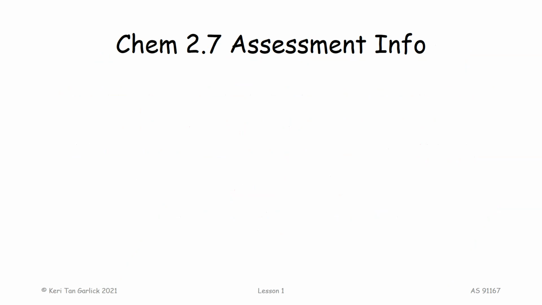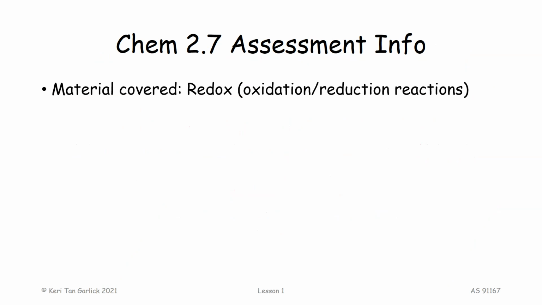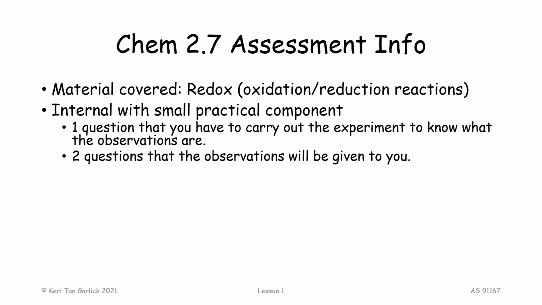All right, so first off, let's start with the assessment and give you some information. So this is Chem 2.7, which is Redox is the material that it's going to be covering. Redox is the shorthand name for oxidation and reduction reactions. This one is an internal with a small practical component,